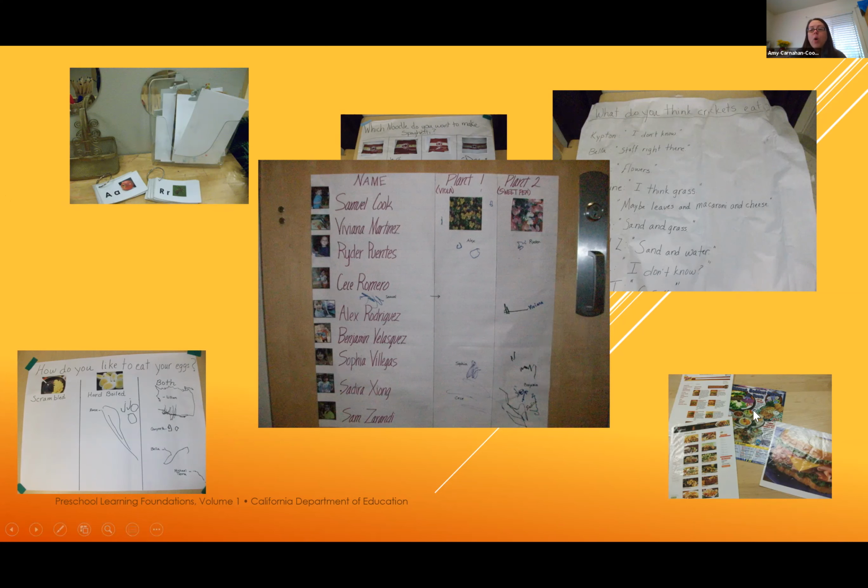And then we always had, again, a variety of how print was used and shown in our classroom. And so this is an example on the far right bottom here of how we would take menus from restaurants. You know, you can print them offline now, but you can get them at restaurants. I would laminate them and then incorporate those into the play area. Always had clipboards in the block area when doing construction so they could be writing down measurements and things like that. How tall is our building? Well, we got to write that down. And so incorporating it in every area of the classroom,